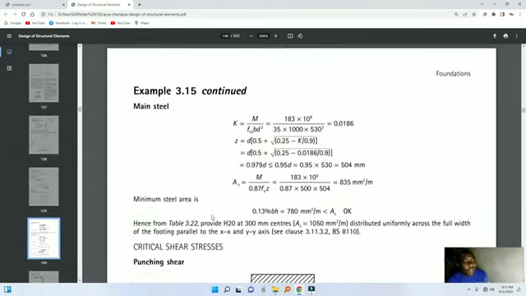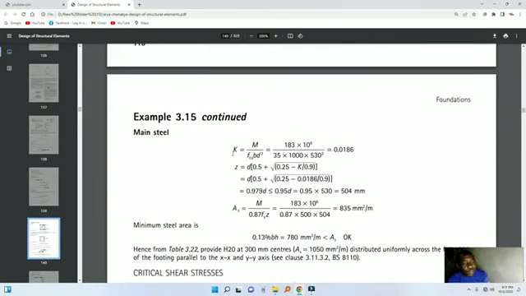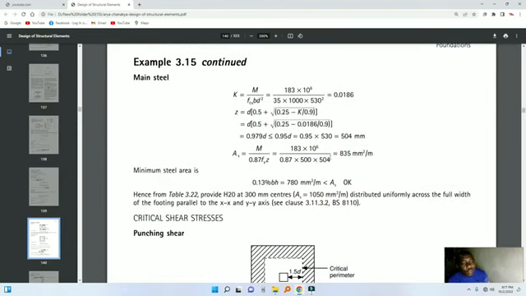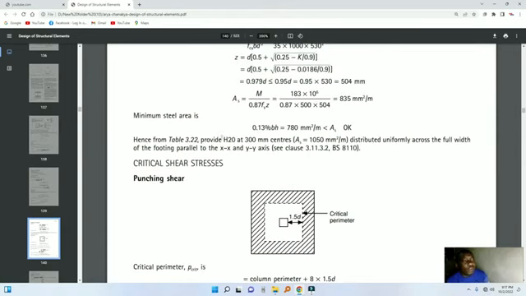Okay, now after we have used that moment, we calculate the K value, we calculate the lever arm, which is denoted by Z, then we find out the reinforcement, then we find out the minimum reinforcement. This is more than the minimum, we come up with that. Okay, now the most important thing that we need to do,